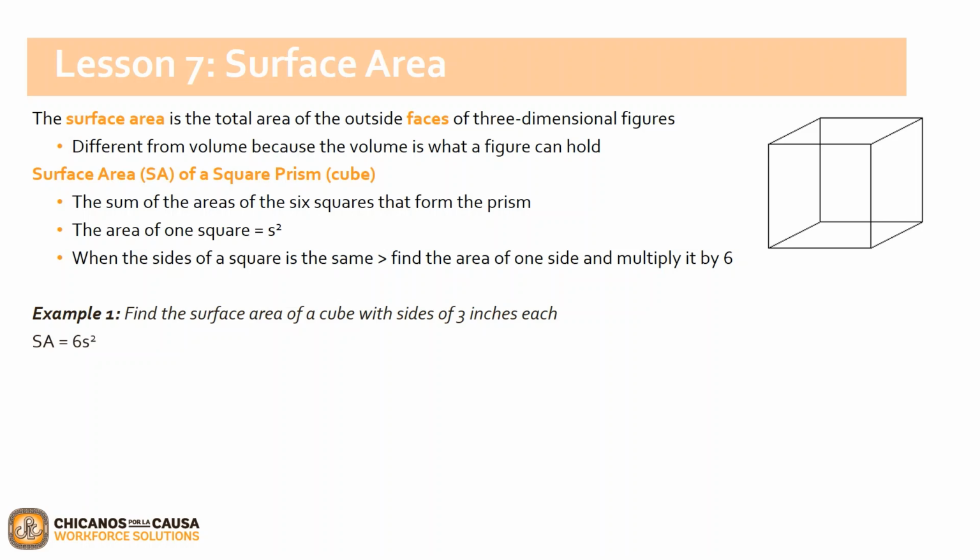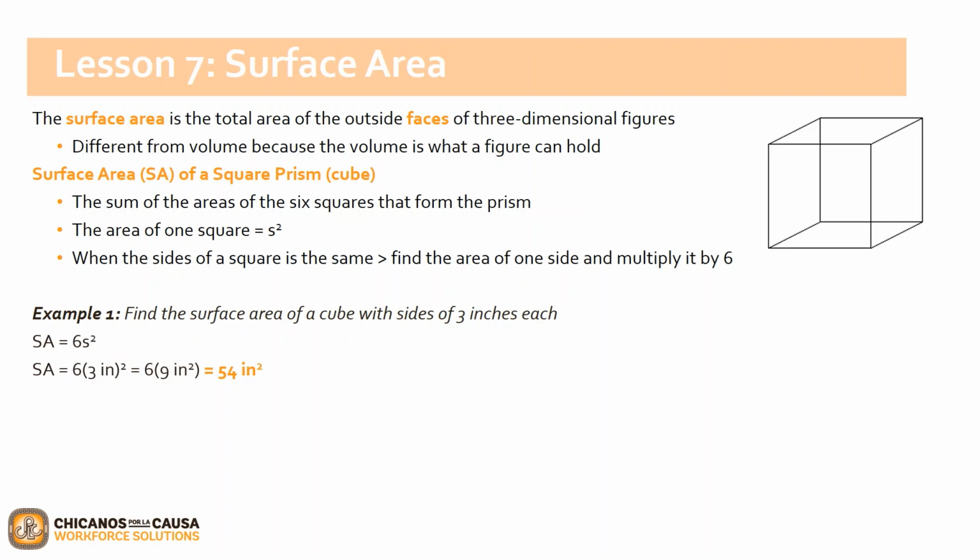That's because we know that all the sides of the cube, or all the faces, are the same measurement. So in this instance, it's 3 inches. So when we replace the value of the face with the variable, we are going to get 6 times 3 inches squared